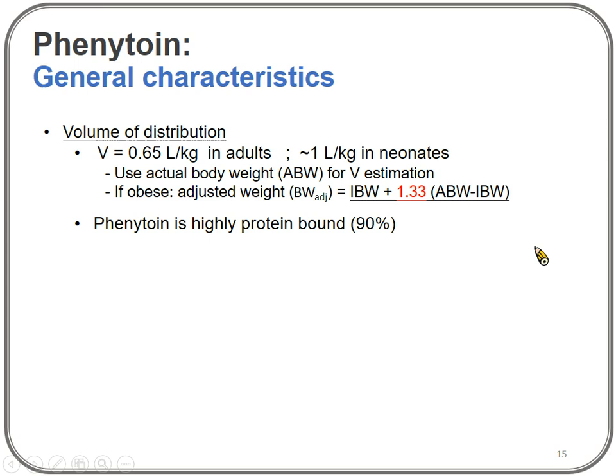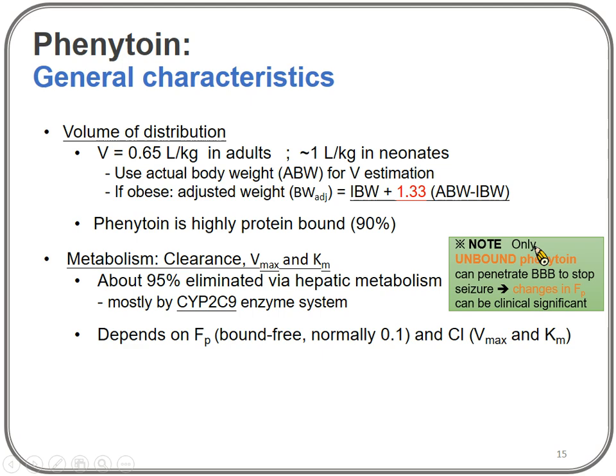And because phenytoin is another aspect, it has up to 90% high protein binding. As for the metabolism, we have to remember that only unbound phenytoin can penetrate across the blood-brain barrier to stop the seizing. So pursuing the free fraction, the unbound fraction, is important because only a change in the free fraction can be clinically significant. So it highly depends on the